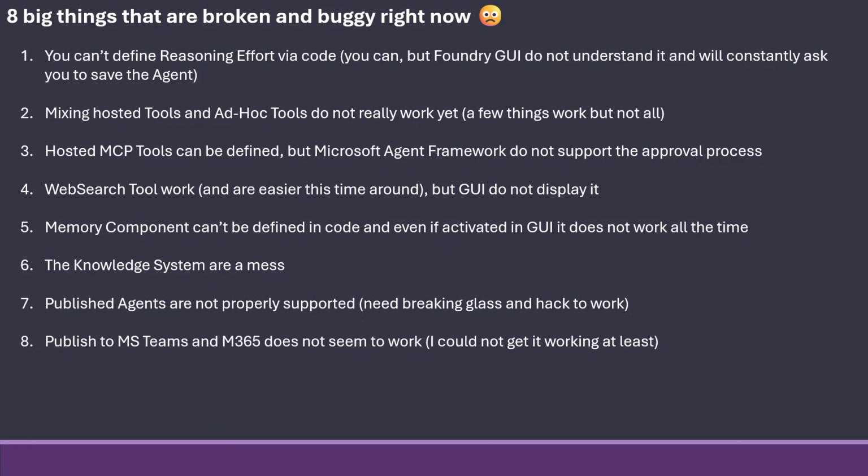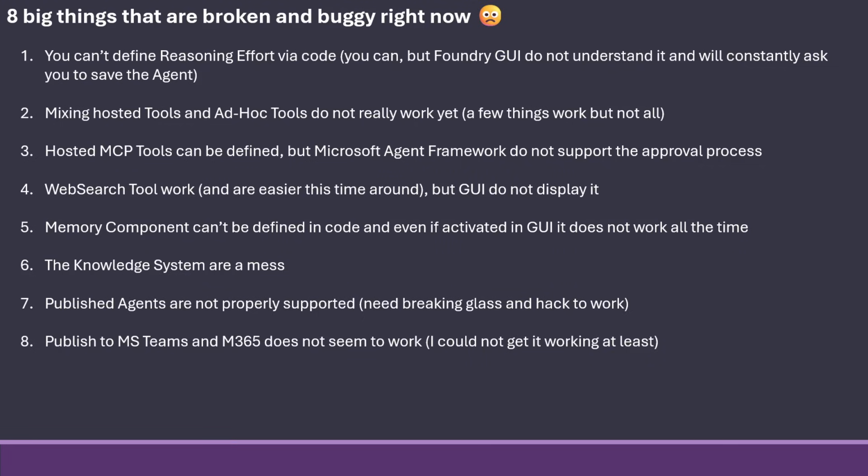Then publish to Microsoft Teams and Microsoft 365 sounds so cool on paper that you can more or less without any code, if you just use the portal, get an agent in there with your own instructions and everything. I have not made it work. It makes some agent services and it says prepare agent, I press OK and nothing happens, and then you can try again and then you can't publish the agent again. I might be doing something wrong. It could be that I have not enough permissions in the setups I have. But if it works, it's at least not easy to do.